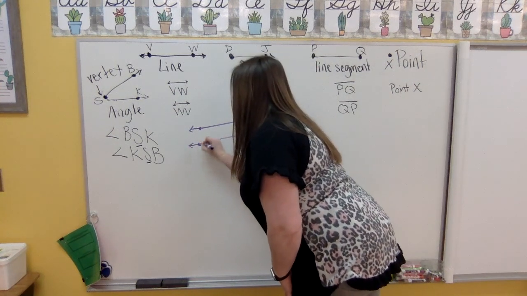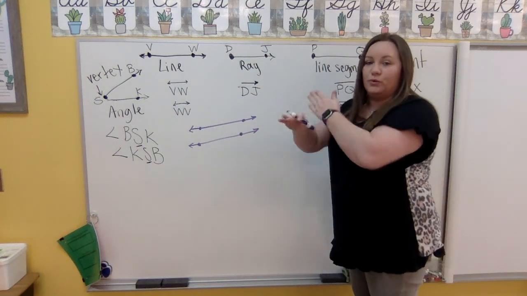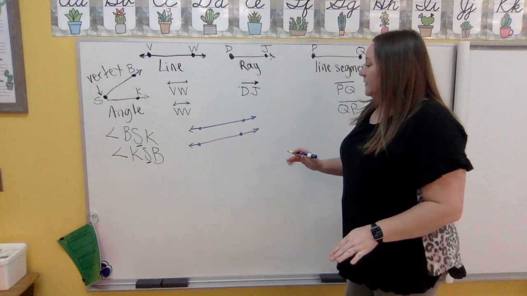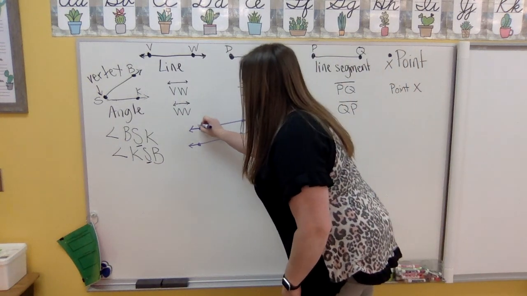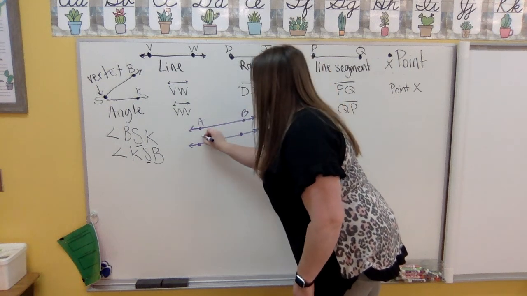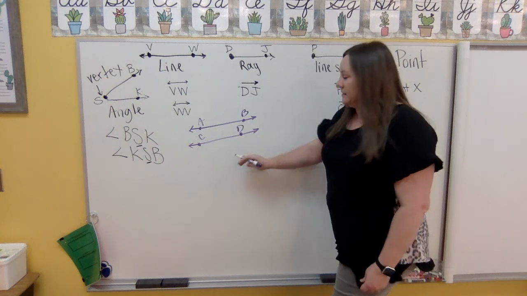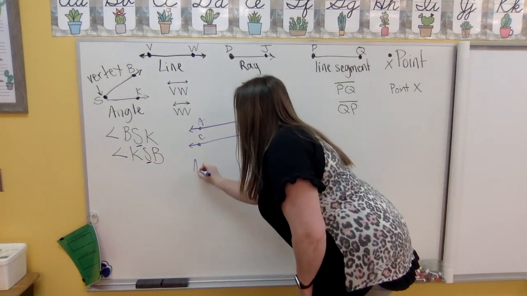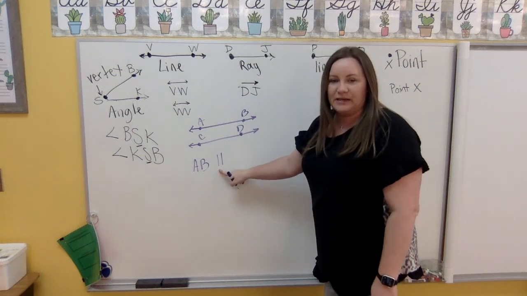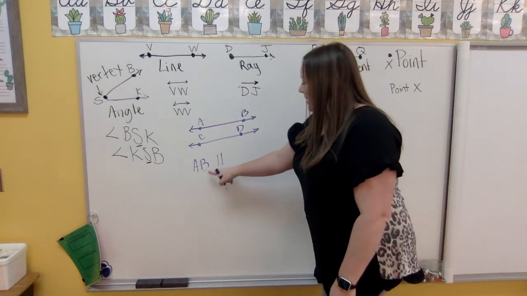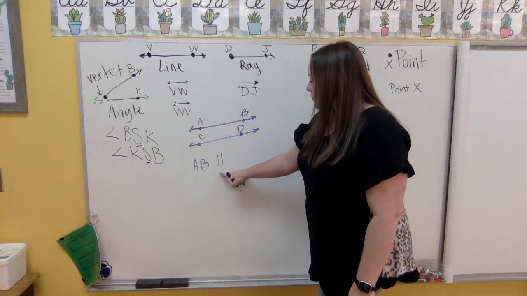No matter how far they go on, these two lines are never going to go over each other in any way. So the way that you would label these lines, we're just going to go with A, B, C, and D. So the way that I would label these lines is A, B, and then I use these two lines. It's almost like a sideways equal sign. A, B is parallel,